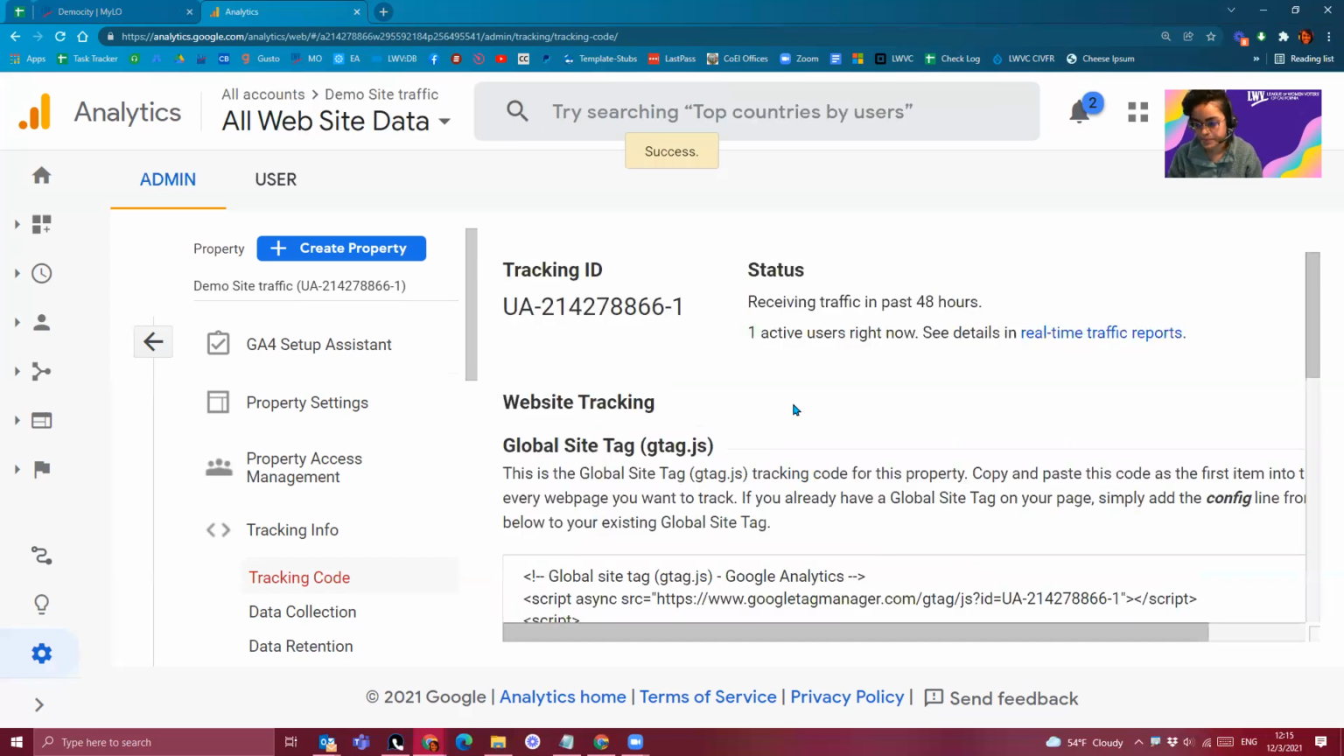There we go. Receiving traffic in past 48 hours. So you may not see the reports being filled. I'm not sure if it's that quick, but at least the status lets you know immediately if you did it properly. If you've pasted it in and you've published your change and saved it on the homepage, and you refresh this tab here for the analytics and you see no difference in the status, that lets you know that maybe